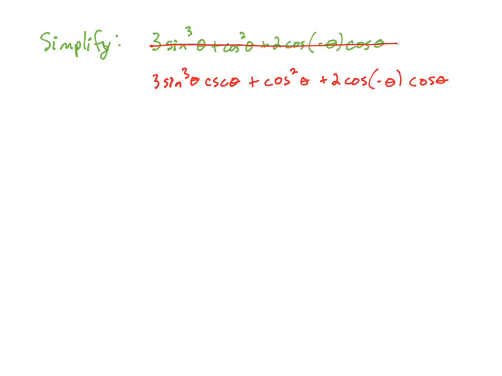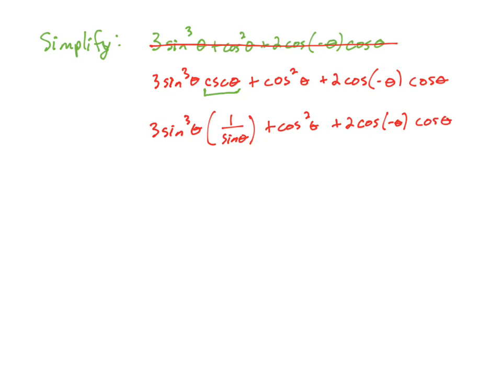So what I'm going to do is rewrite cosecant of theta in terms of sine. So this is going to be 3 sine cubed theta times, cosecant of theta is 1 over sine of theta. I'm just going to do that one step here at the beginning. So in this first term, I have 3 sine cubed theta getting multiplied by 1 over sine of theta. So this sine will reduce the sine cubed to sine squared. So we end up with 3 sine squared of theta plus cosine squared of theta plus,